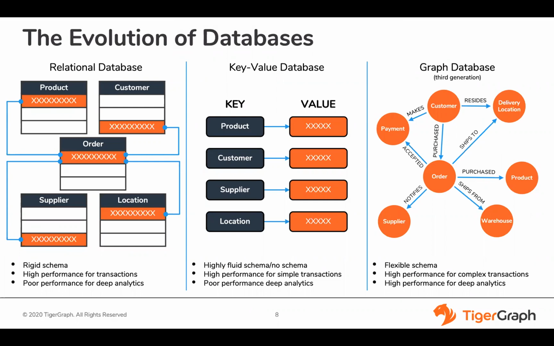A relational database stores every type of data in a separate table, linking those entries together via foreign keys, essentially a shorthand to remember, for example, the relationship among an order, the products that are part of that order, the customer who placed the order, locations where the products are stored, shipped, and received, and suppliers who ship them. Relational databases work well when your schema, i.e. the fields, are stable and you don't need to add new fields every day or every week. They can be optimized for high performance for transactions, but there is one area where relational databases struggle. They can't go across a deep network, across 10 or even just 5 or 4 hops, to do computation analysis.